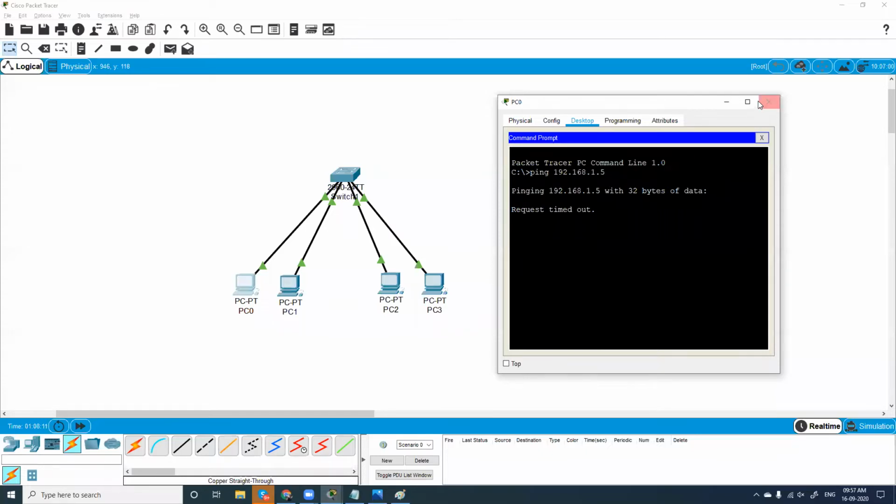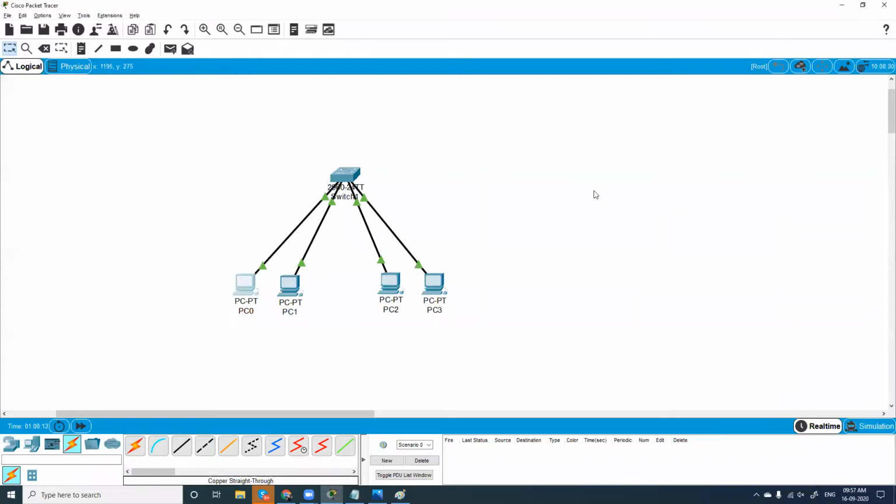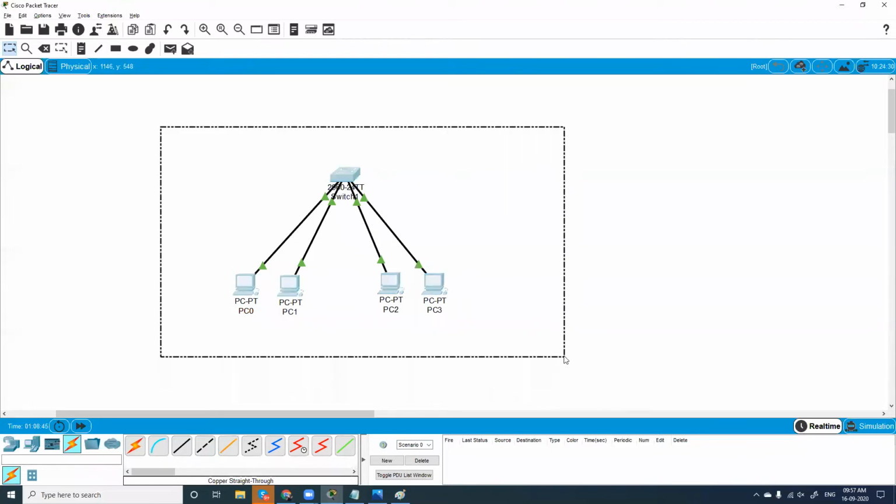So subnetting, yes, it is used for a smaller network. Probably your ISP is going to use a lot of subnetting, but for companies, subnetting usage is very less, but it is mandatory for you guys to know what subnetting is. But inside a company, if they have so many computers, it is very obvious they will go for VLAN configuration to separate a single network into multiple networks and to control access to resources and a lot of other details, right? So VLAN configuration is mandatory, and this will be a to-do for you guys. This will be to-do number 2.